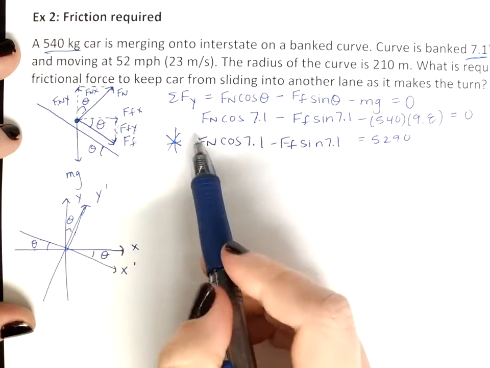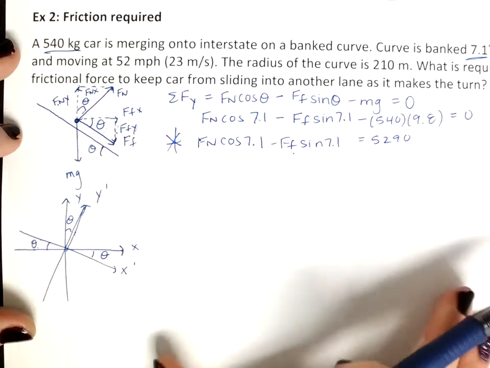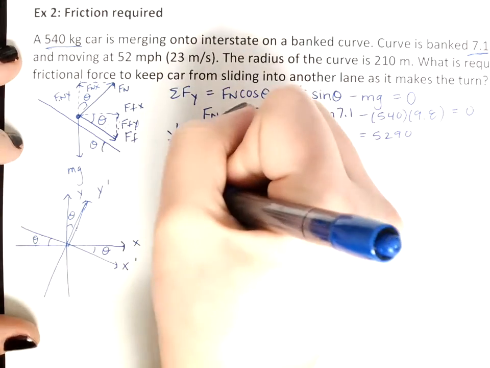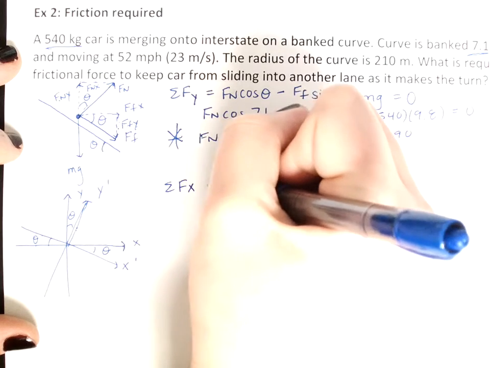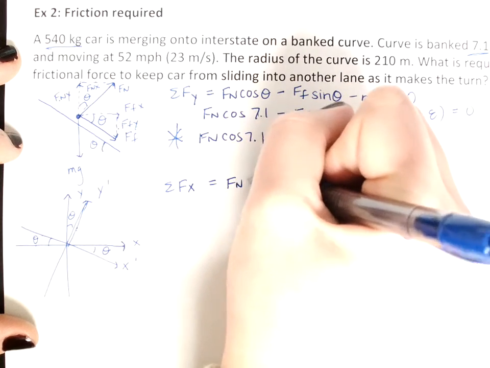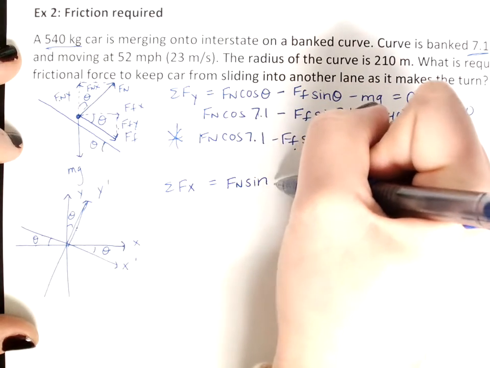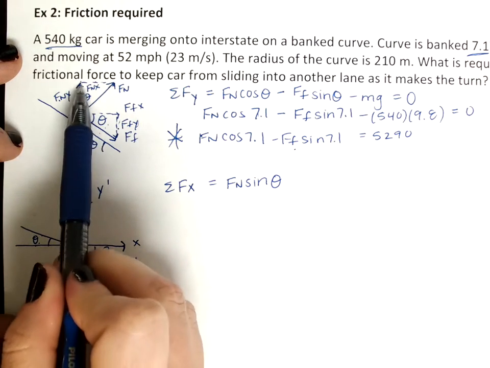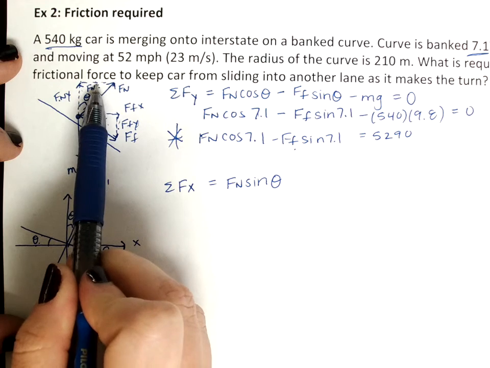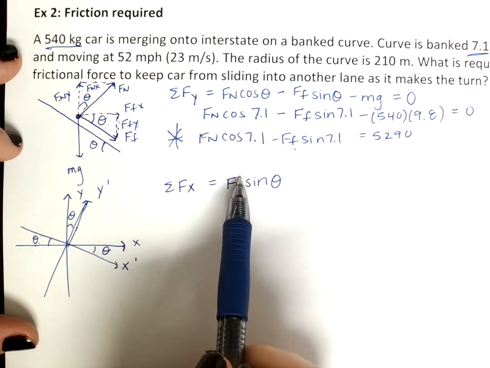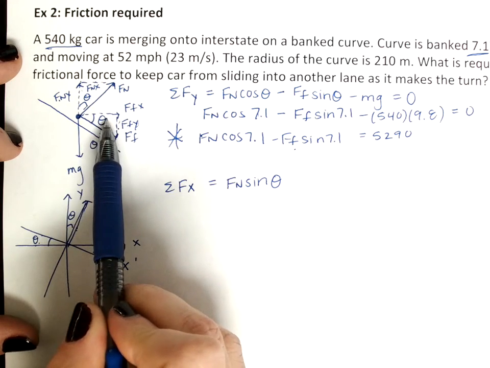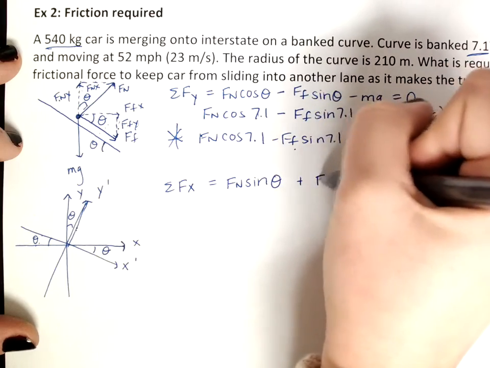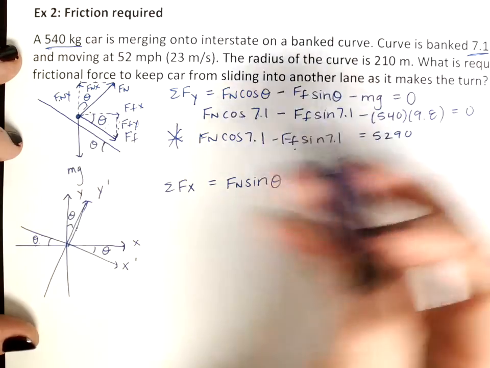So we don't know the normal force and we don't know the force of friction. Let's go ahead and talk about our x equation. Some of the forces in the x direction are Fn sine theta, because we have it pulling to the right. That's our Fnx. It's pulling to the right, so it's positive. And we also have force of friction pulling to the right. So we have plus the force of friction, and it's the x direction, so it's cosine in this case,